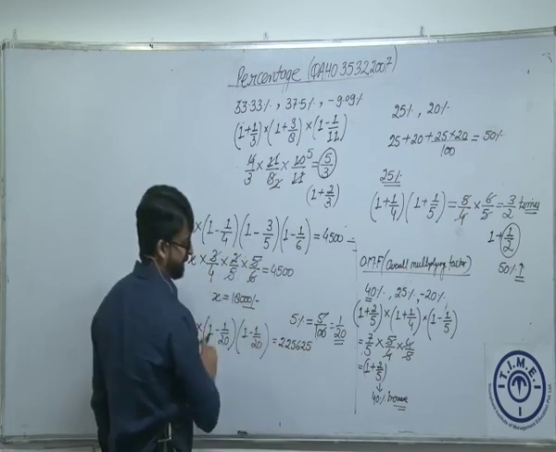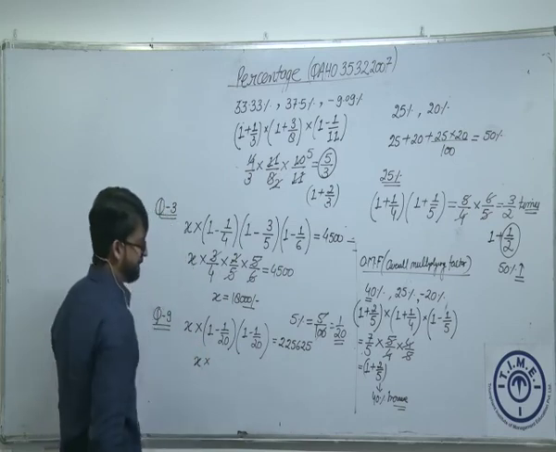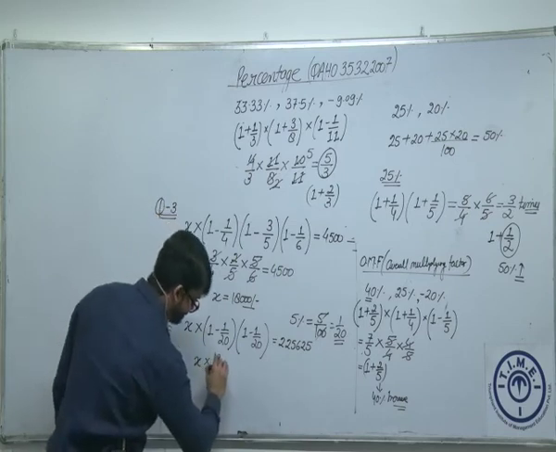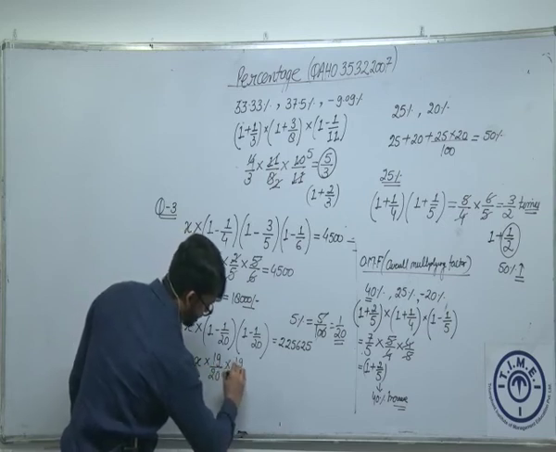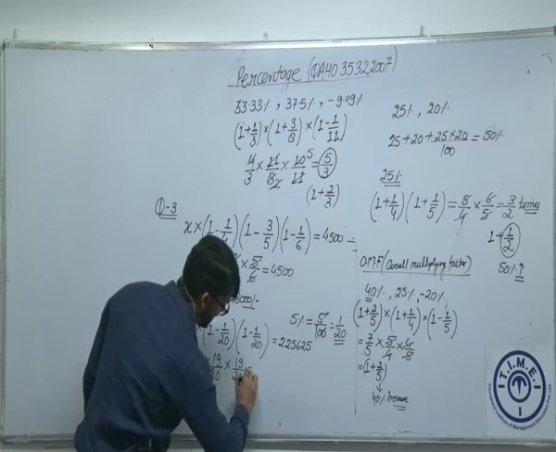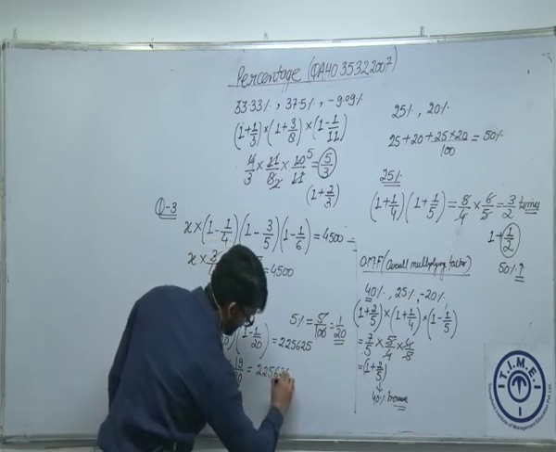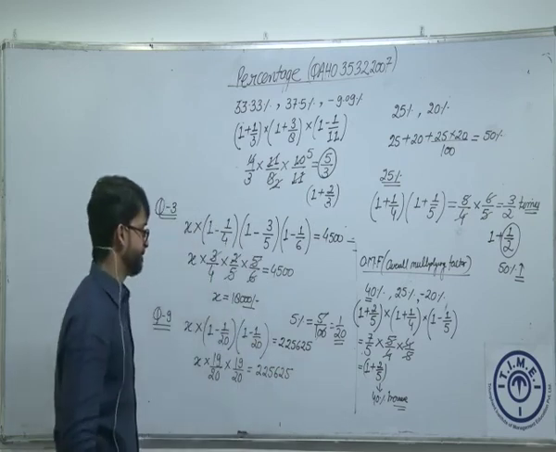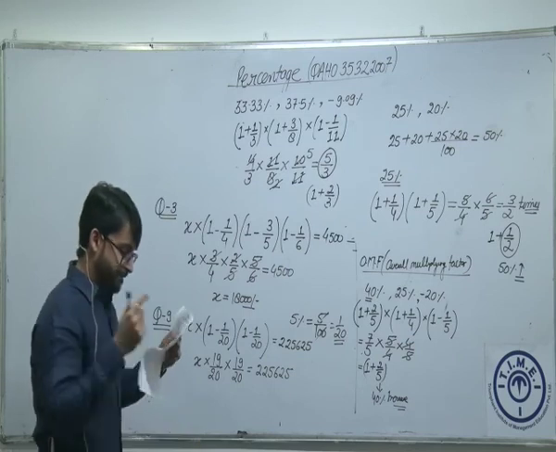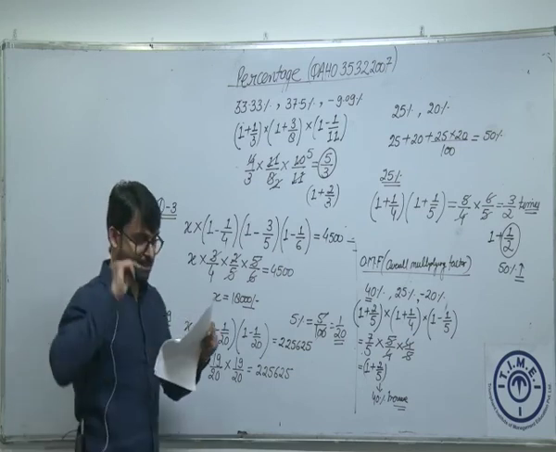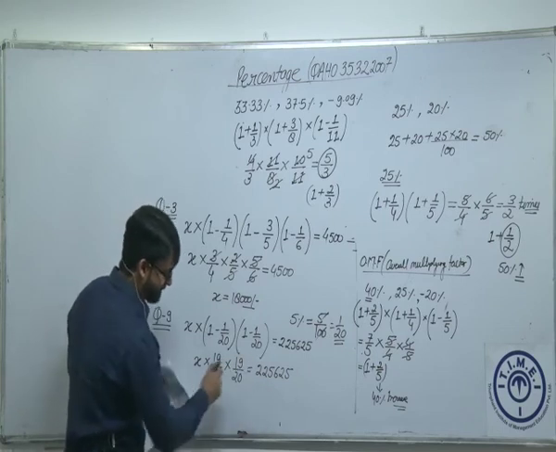2,25,625. Is that okay? So we can say this is x into 1/20. कितना हो जाएगा? 19/20 into 19/20 is equal to 2,25,625. I hope this is perfect. Fine. 5% reduction. What was the value 2 years ago? Now we can calculate this. We can multiply this. We can easily calculate.